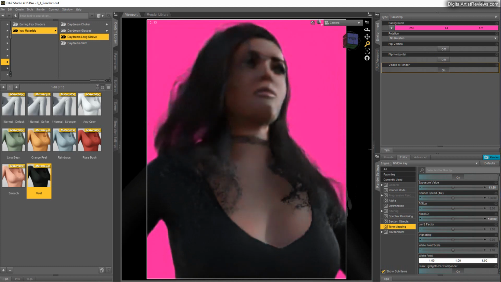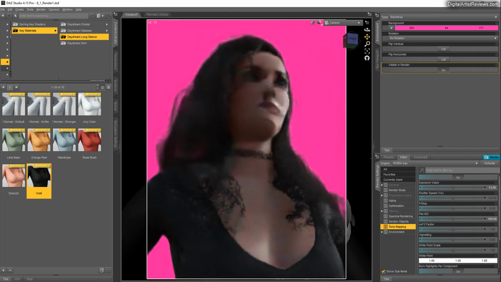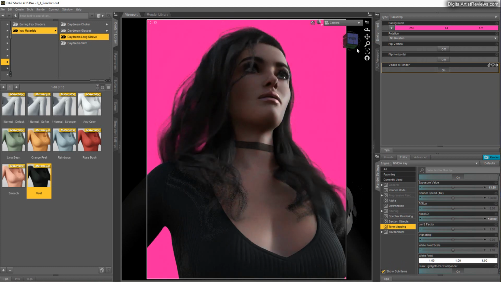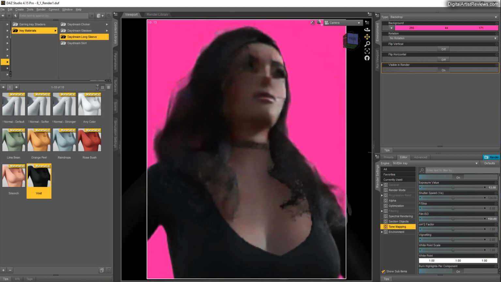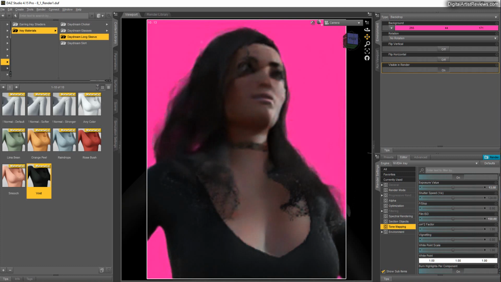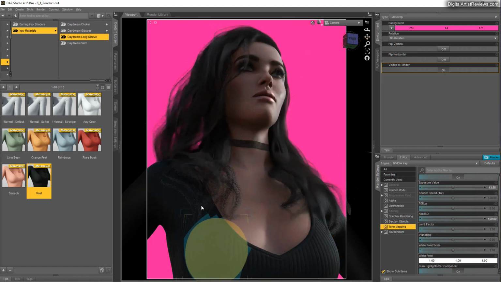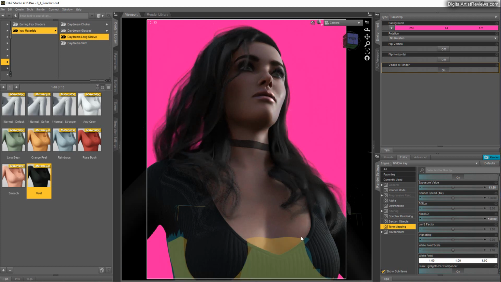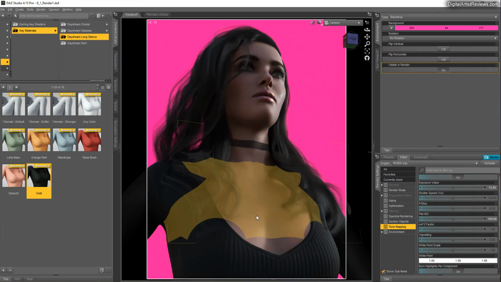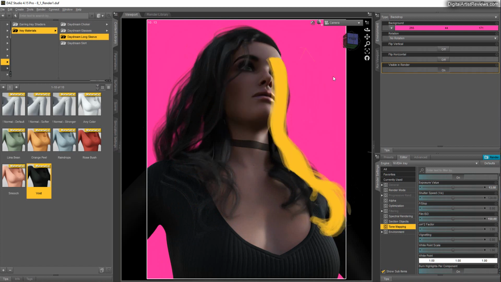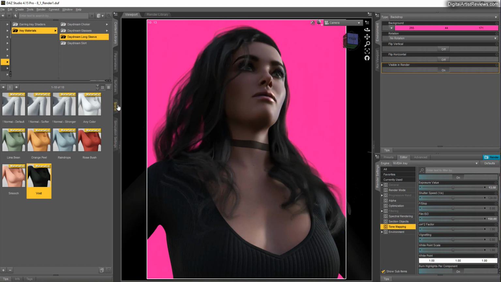Let's go a little bit closer. All right, so we have that working in our favor right now. We have the bottom kind of stripped away a little bit, and it pulls us up towards here. We can still put more here, like a necklace or something, later on. So now what I want to do is